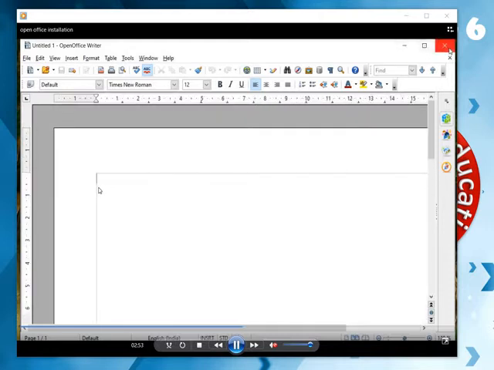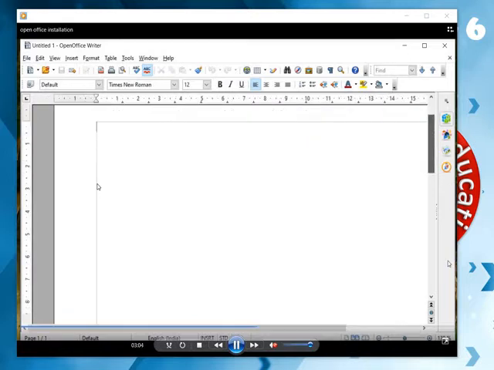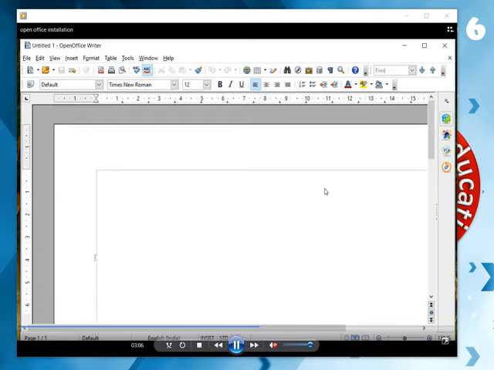Can you see a black color vertical line blinking? This is called the insertion point. That means we are going to start typing from that location. Then this is the scroll bar. You can move the window up, down, left, right. Two scroll bars are available. I'm just typing a word, and this is the border where you can resize your window.